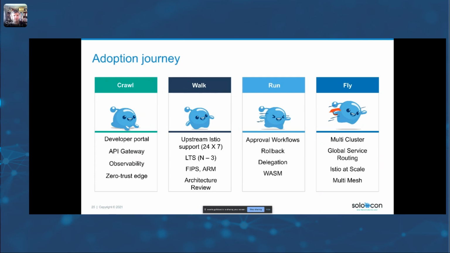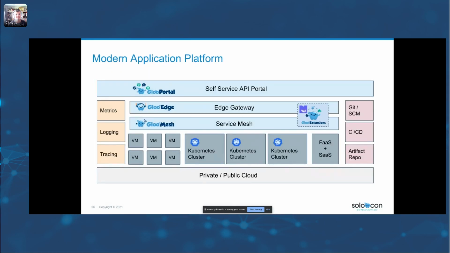So you've seen what we're doing with Glue Mesh, which is a distribution of Istio that supports and simplifies running across multiple clusters. Getting from, hey, I have Kubernetes and a bunch of microservices to successfully adopting a service mesh is something that we're very focused on here at Solo, and aligns a lot with what I've been saying over the last four years. And so ultimately, what a modern application platform might look like is that heterogeneity is a given.